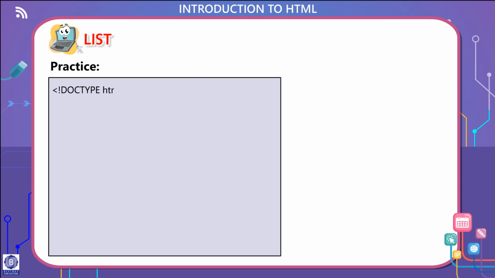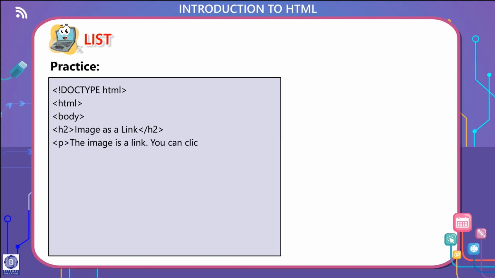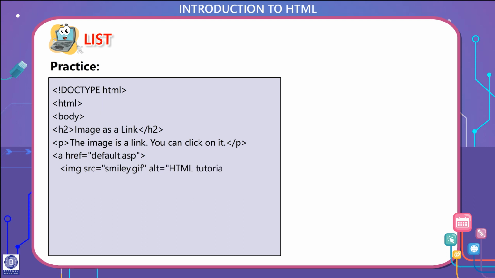Practice. <!DOCTYPE html><html><body><h2>Image as a link</h2><p>The image is a link, you can click on it.</p><a href="default.asp"><img src="smiley.gif" alt="HTML tutorial" style="width:42px;height:42px;border:0;"></a>